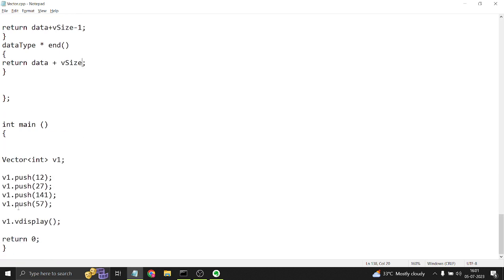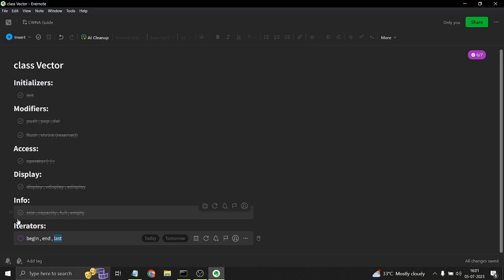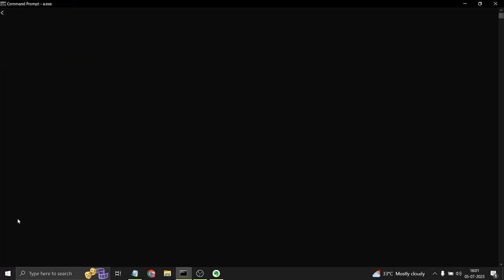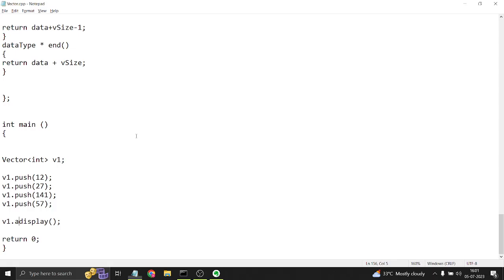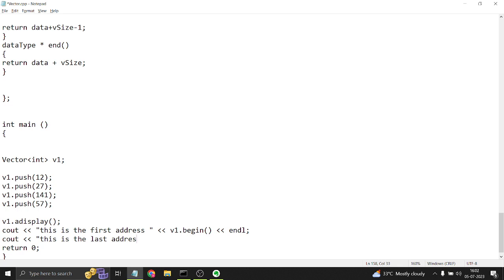So I think these things are working. So let's just do a display. This would make things much more clear. So this is a vector, and we could do cout. This is the first address, and then we could do v1 dot begin and endline, and cout this. This is the last address, v1 dot end,